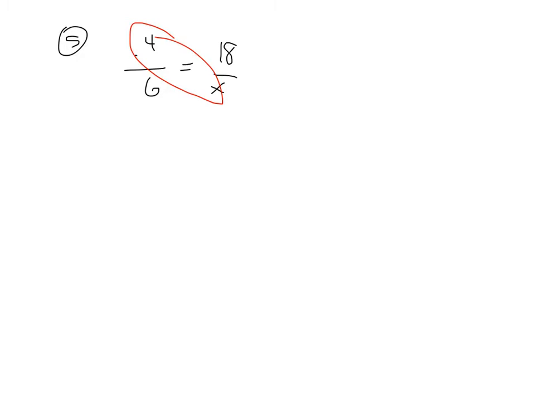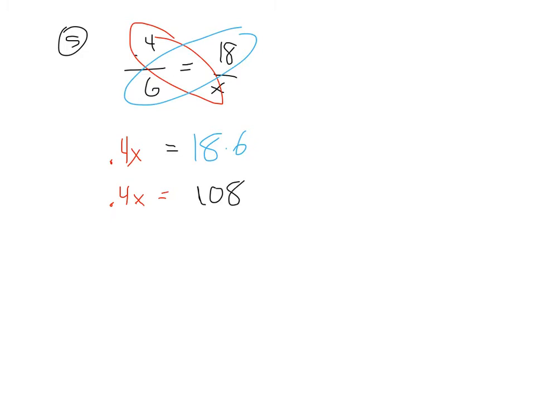0.4 times x is 0.4x. That's equal to 18 times 6. Okay, so simplifying down, 0.4x equals 18 times 6. It's going to get you, let's see, 108. I don't know why I'm switching colors here. Anyway, got to divide by 0.4, divide by 0.4 to get the x by itself. Cancels. 108 divided by 0.4 is going to get you